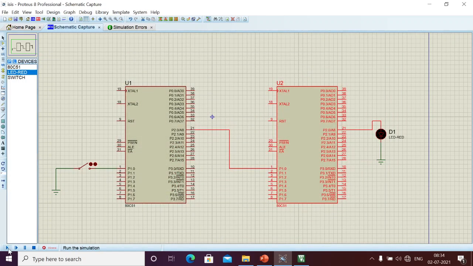Okay, right now I have selected the same one. Let's see whether it's working fine. Right now it's working, it is open. My LED is off. Here I am sending logic 0. See, blue is logic 0, and here also I am sending logic 0.